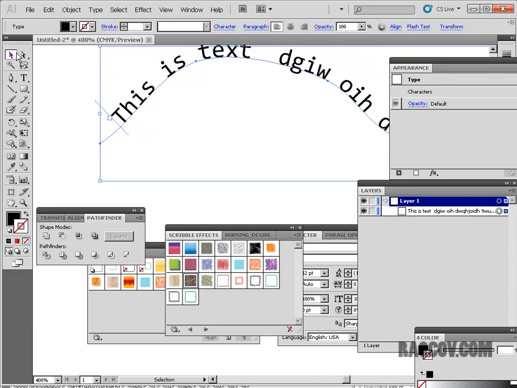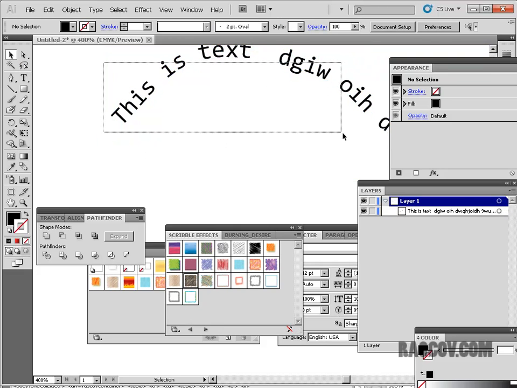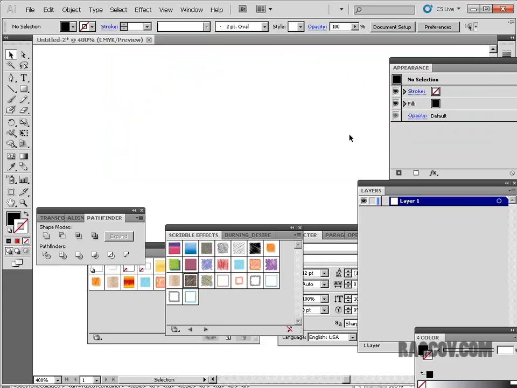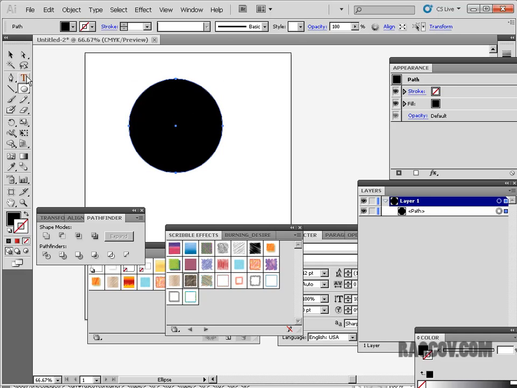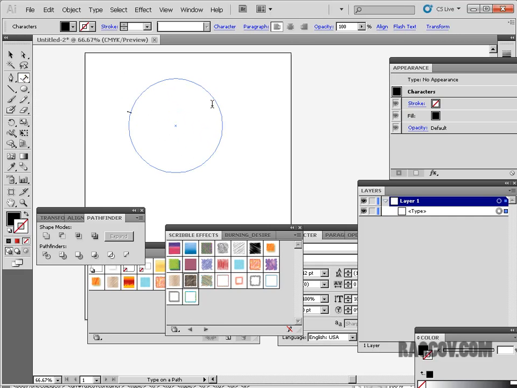Okay, so that is text on a path. You can do it into a circle. Let me demonstrate that real quick. A lot of logos and things like that have text that go along in a circle. So again, if you just draw an oval, in this case a complete oval here, and then use your text tool and use the type on a path tool, you can click and you can type in,